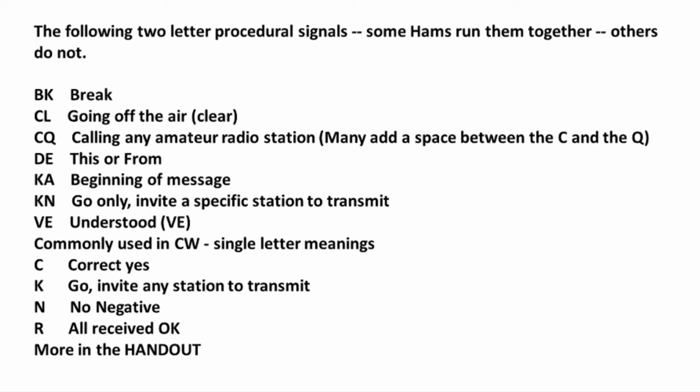KA, if you're starting a message, that's from the beginning. You start with KA. KN, go only. So if I'm talking to a station and I end it with KN, I'm only wanting that station to reply. VE is understood. Common CW signals, single ones: C for correct, K, invite any station to transmit,